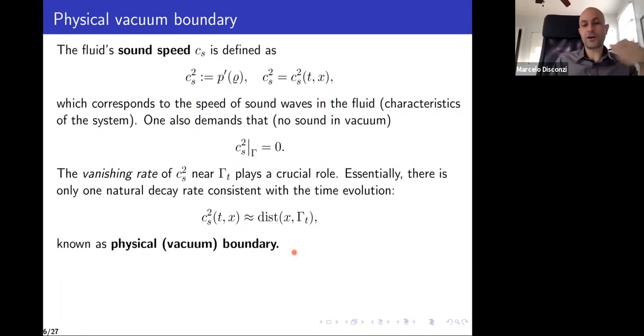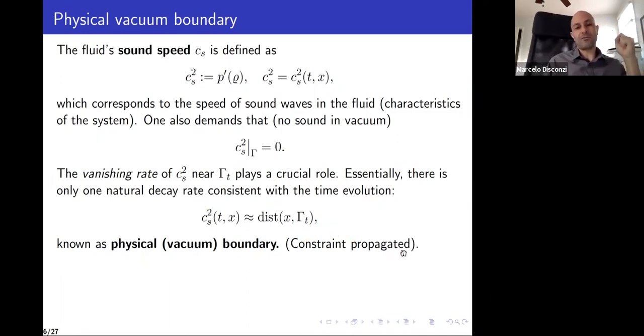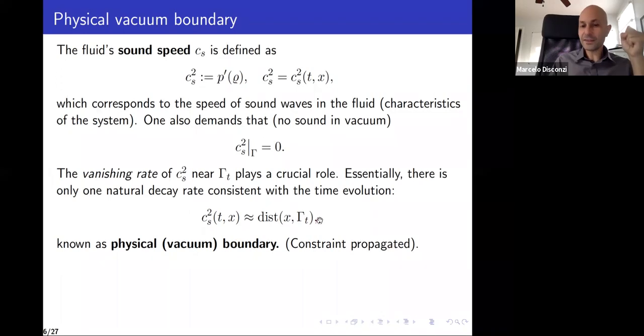I do the relativistic Euler equations. So you're taking the Euler equations with a free boundary, but in the case of a physical vacuum boundary, we're looking at problems where the sound speed squared has to satisfy this condition. And the way you should think of this condition is pretty much like a constraint that's propagated by the flow, which means we impose this condition on the initial data, and then you show that when you have a solution for a short time, this condition still holds for a short time if it holds at time zero.